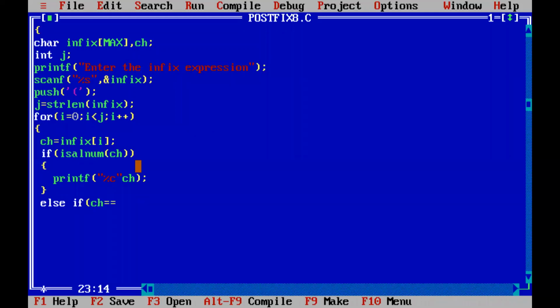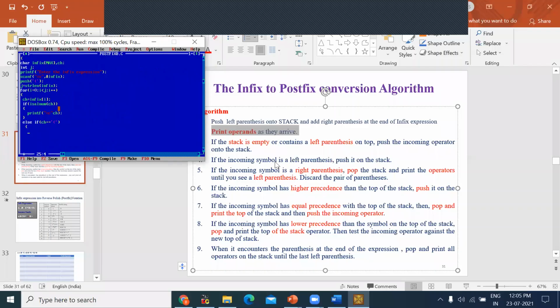So he is a little scared to say left parenthesis. If ch is equal to left parenthesis, then what are we supposed to do? Now you are going to type the whole program. If it is a left parenthesis, you can read from this. If you wrote notes, all are complete, right? I am posting the daily topic. Yesterday also I had posted the videos. So tell me, if it is a left parenthesis, what am I supposed to do?